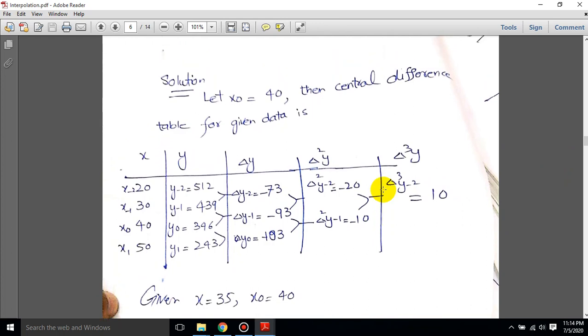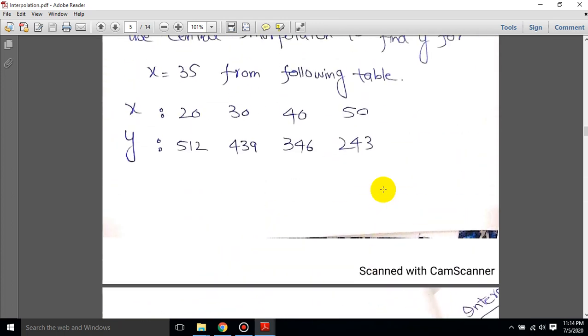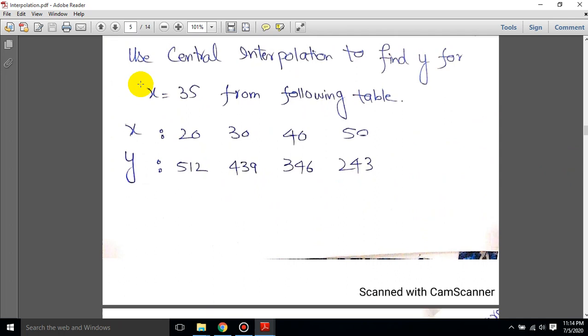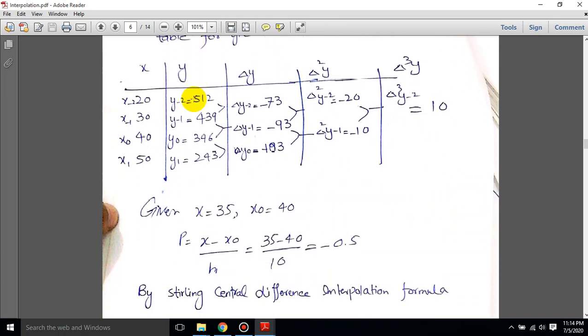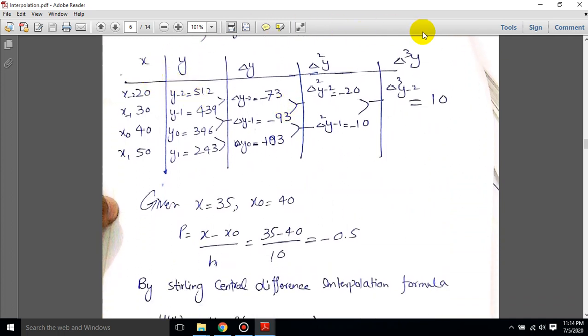For example, what we have to find here is x equal to 35. And for that value we have to find the value of f of x or y here. So see here, we have now defined the central difference table, and this shows how we're going to define the table. As far as our example is concerned, we are deriving this table because we have to find